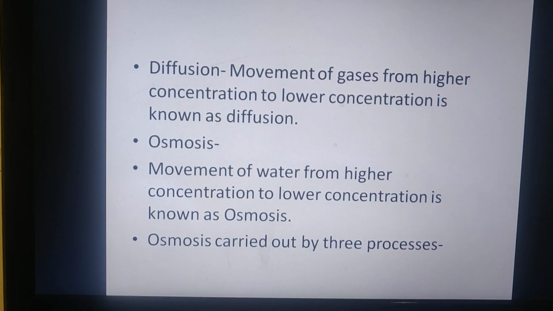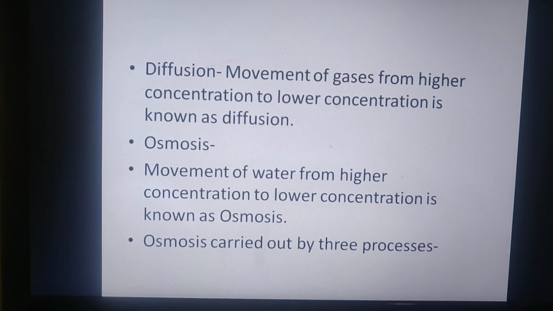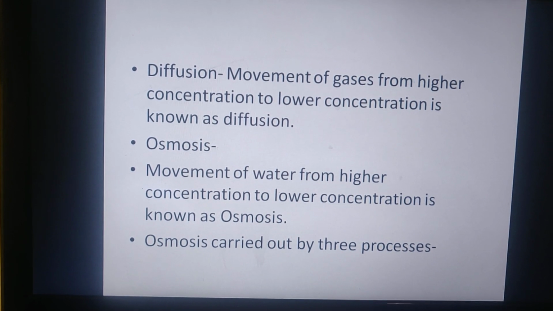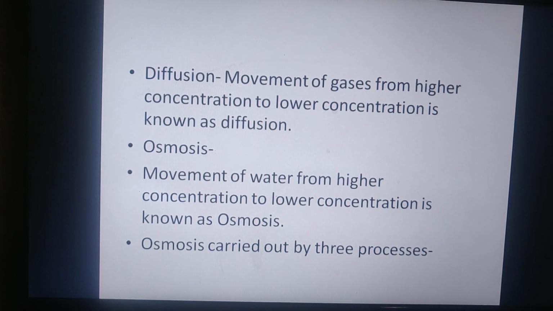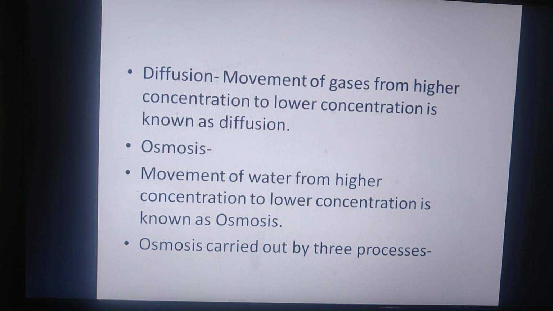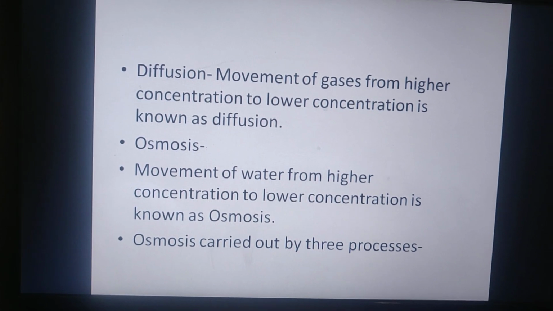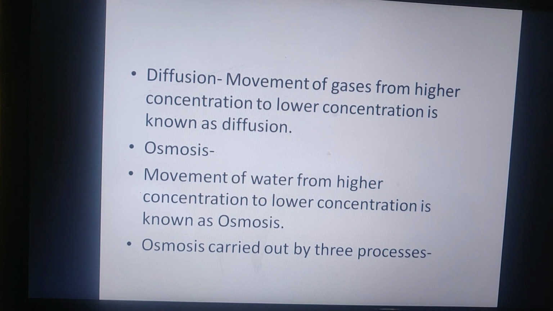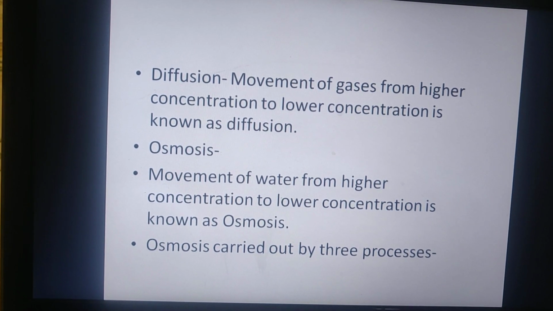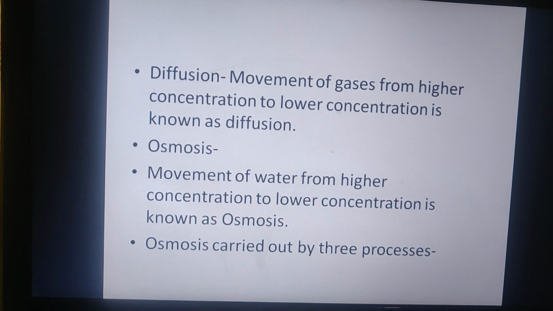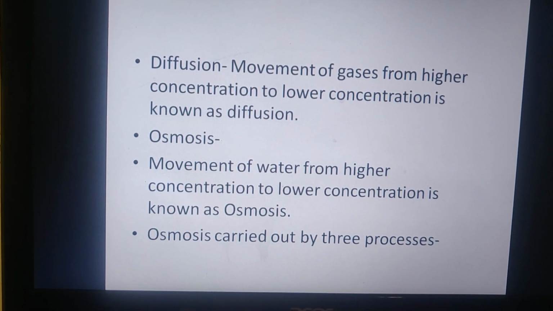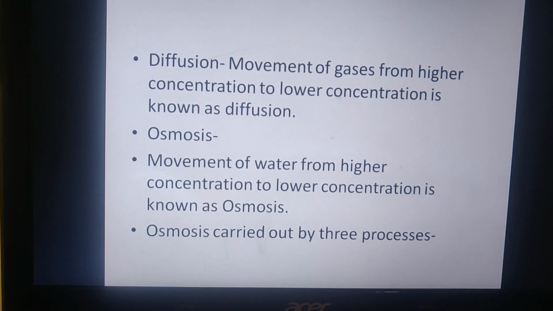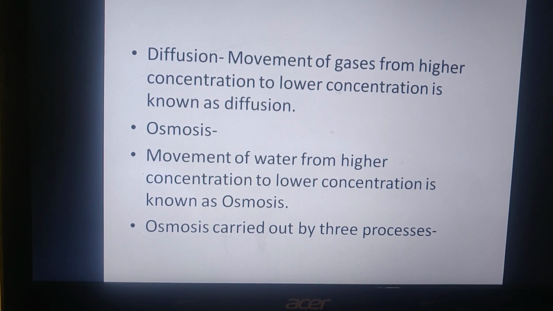This is the major function of the plasma membrane, and that's why we call it a selective permeable membrane. Why is it known as a selective permeable membrane? Because it allows few substances in and out of the cell. Now children, which are these few substances? We have already discussed this: substances like oxygen, carbon dioxide, water. These are allowed in and out of the cell. That's why the plasma membrane is known as the selective permeable membrane.